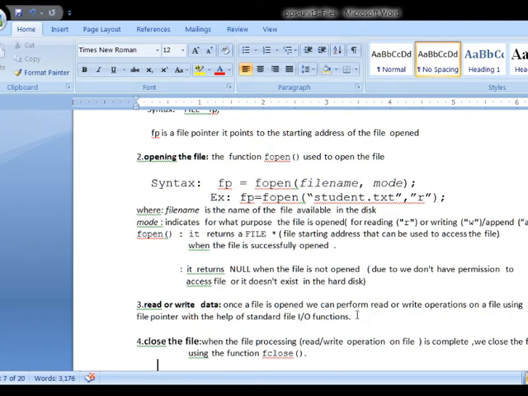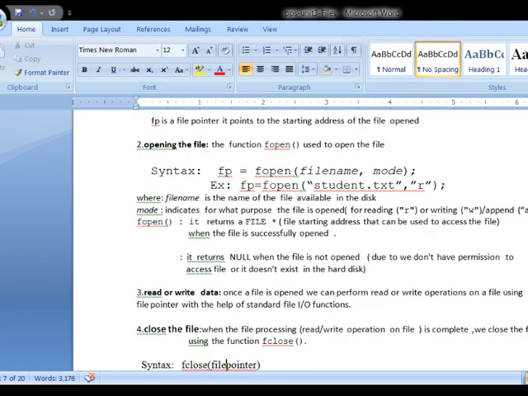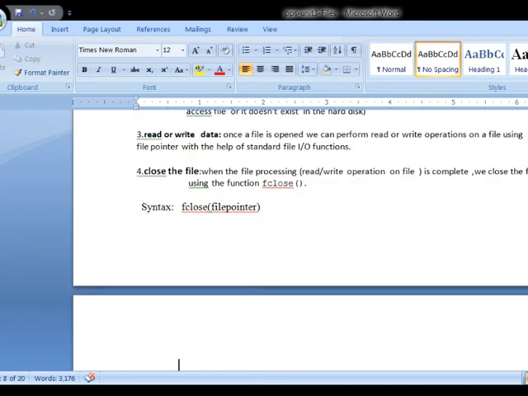What is the third step of file processing? Reading or writing. First create the file, then open the file in the specific mode. After that you can perform either read or write operations using the file IO statements. Next, the last step is to close the file.